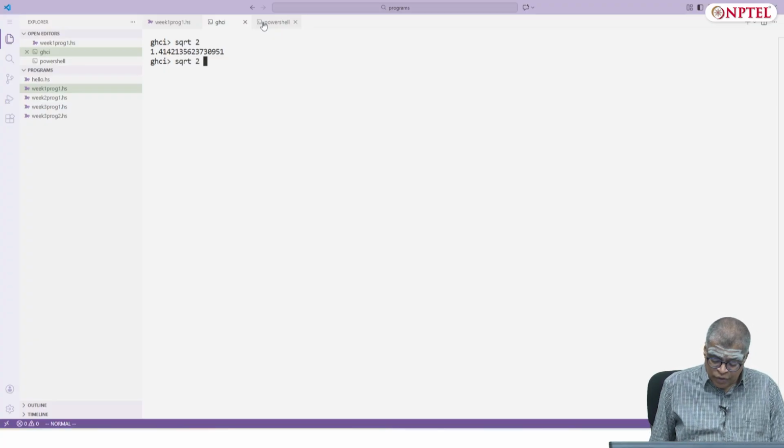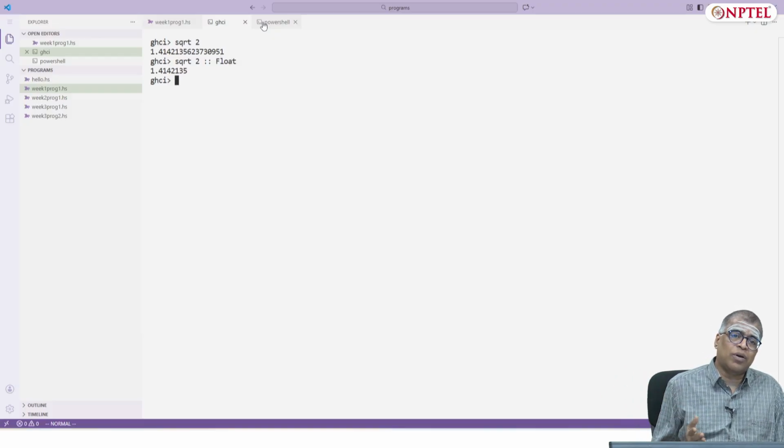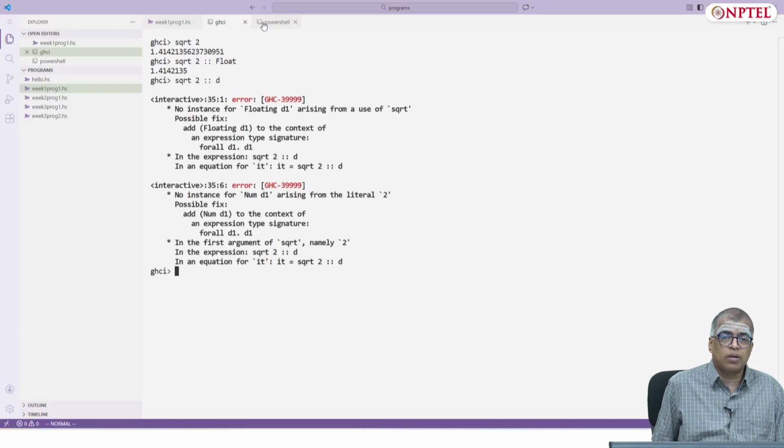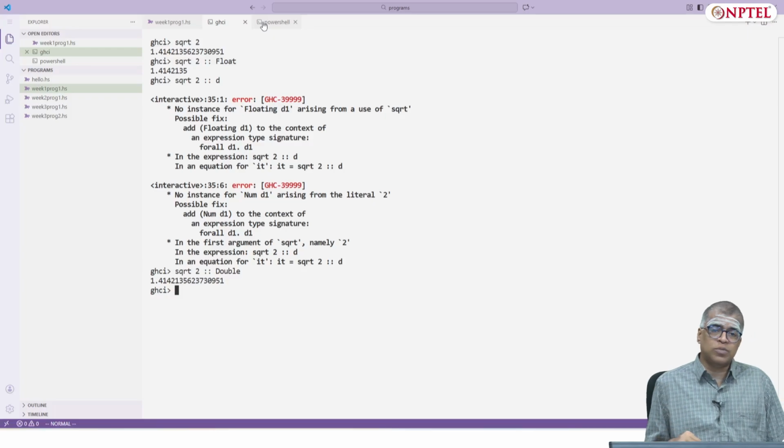I can ask specifically for square root of 2 to be of type float, in which case it will cut down even more. Whereas if I ask for square root of 2 of type double, it will print more decimal digits.